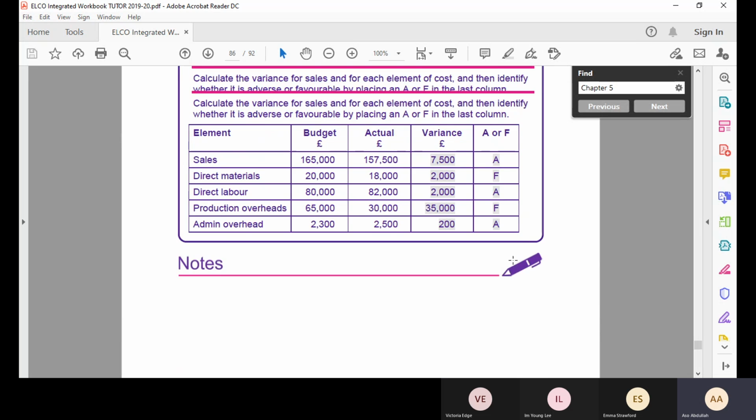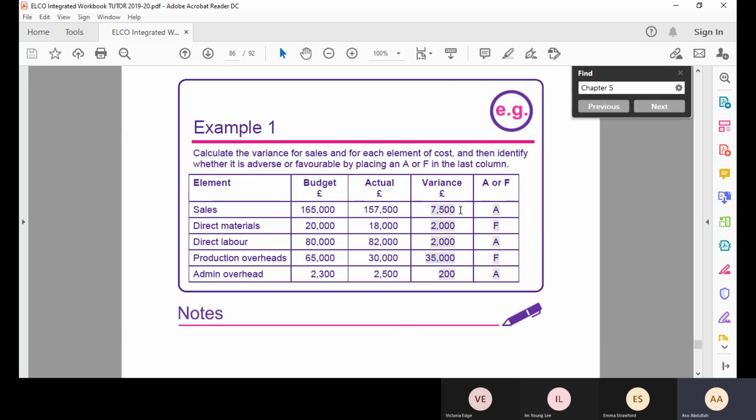So how do we know the variance is greater than budget by 5%? Simply, variances divided by budget times 100, then you will get it as a percentage. So if you divide 7,500 by 165,